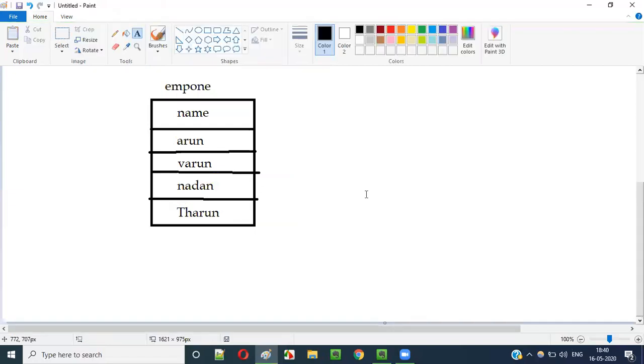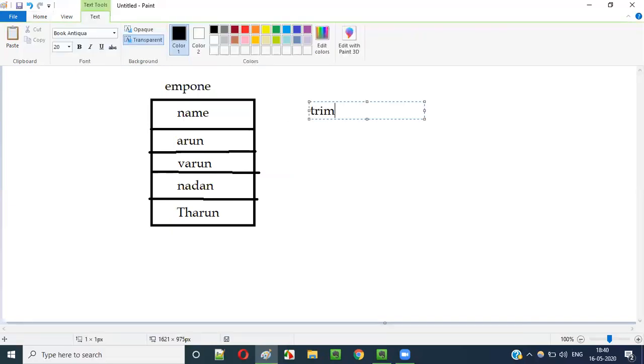In this case, if I say trim function of character n from the column, the column is name, so trim the n character from the name column, from which table? From the EMP1 table. Like this, you have to give the syntax.